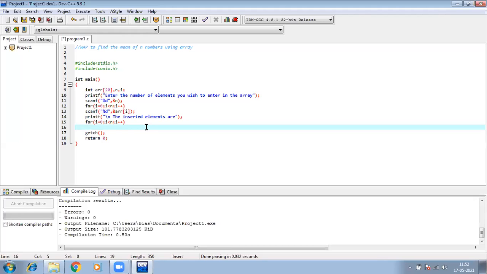This summation also, if you notice how it is done, suppose this is my array, and in my array I have 4 elements.